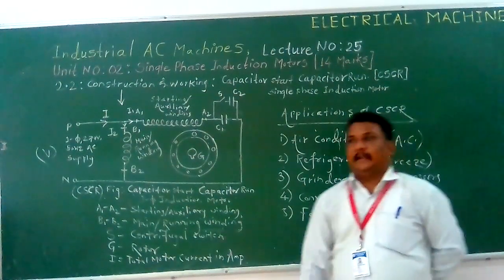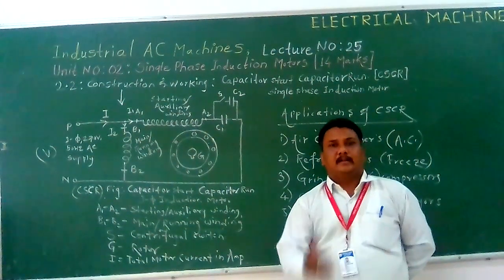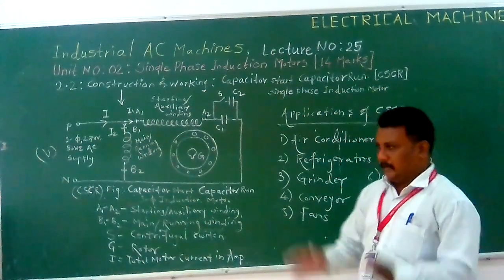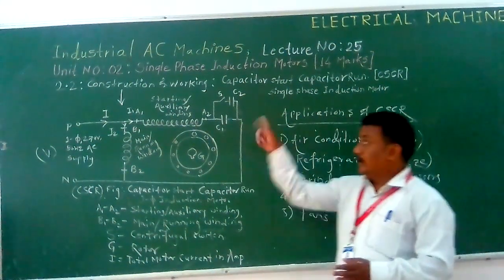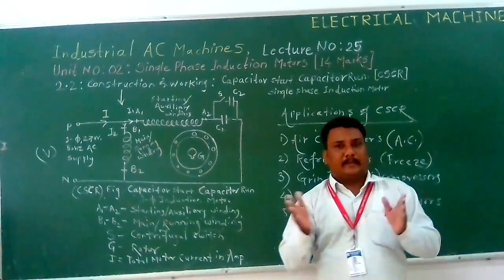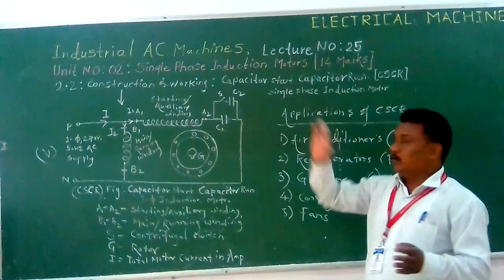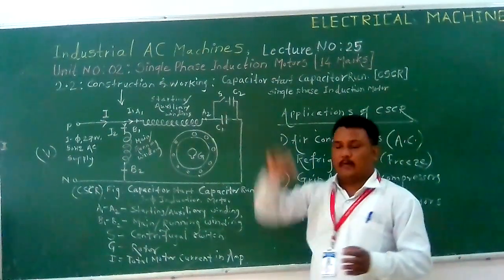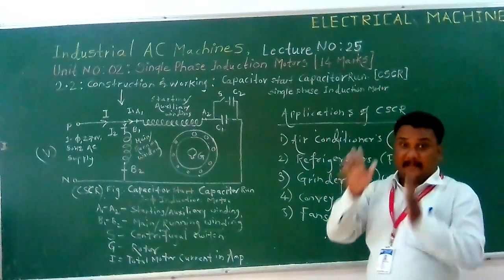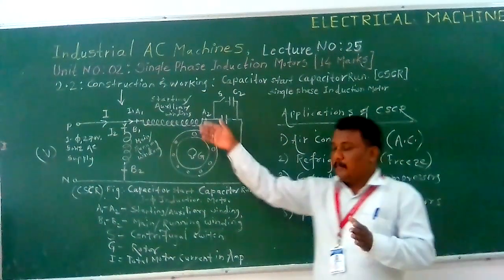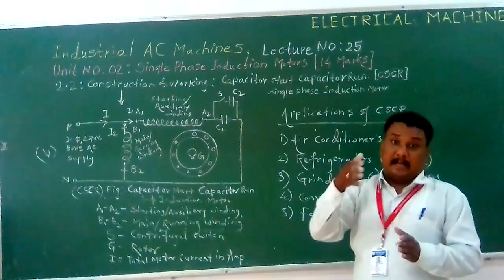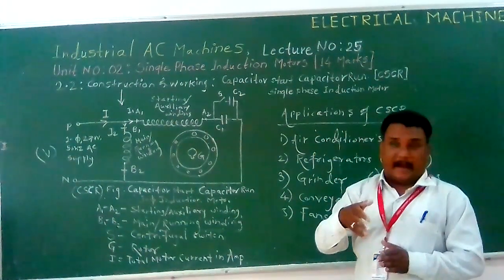Then we are seeing its working. In working, initially the centrifugal switch is in the off condition, meaning a closed condition. Then C1 and C2 are in the circuit, but after 80% of rated speed, due to centrifugal force, C2 gets cut as S becomes open, and only C1 remains in the circuit. But at the same time, what happens? The current starts flowing to the high inductive path. We know that current always prefers the low resistive path.